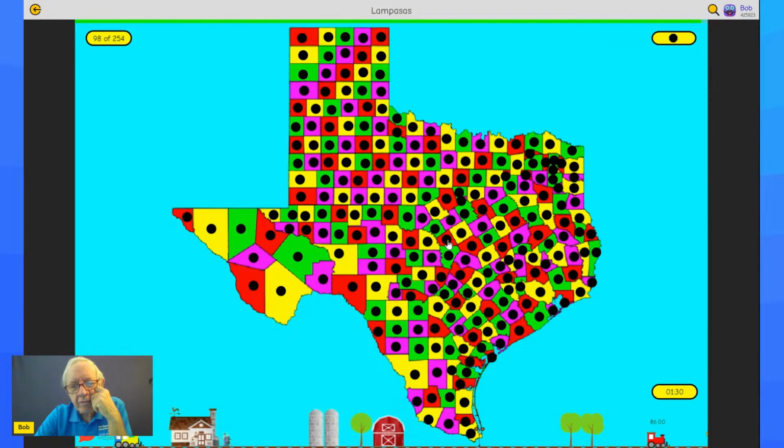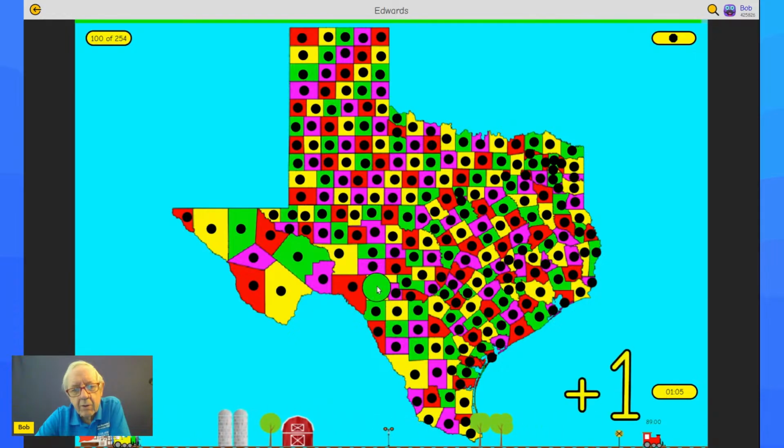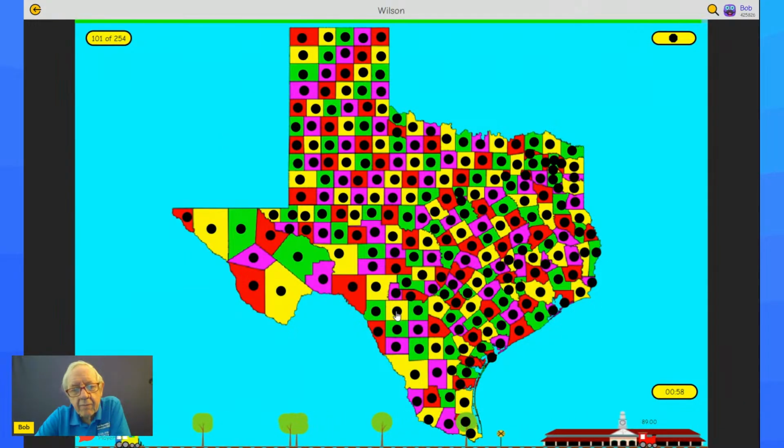Let's see if this is Lampasas. It is, okay. Dawson. This is Dallam. Deaf Smith. Midland. I think this might be Dawson. Let's think about this. See if I got it right. I did. Okay. Edwards. Edwards is a big county down here below Sutton, I think. Okay. And above